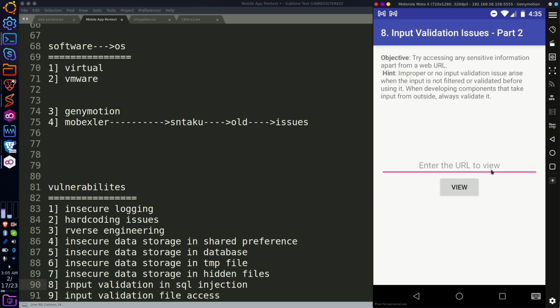For example, I'm putting the ping command here and the ping command is showing output in my mobile application. Anything you input, you will get the output. This is the main important part you have to check: you are putting the input and you are getting the output in the application. When you check this, you can also get some file access, such as whenever I put some URL here